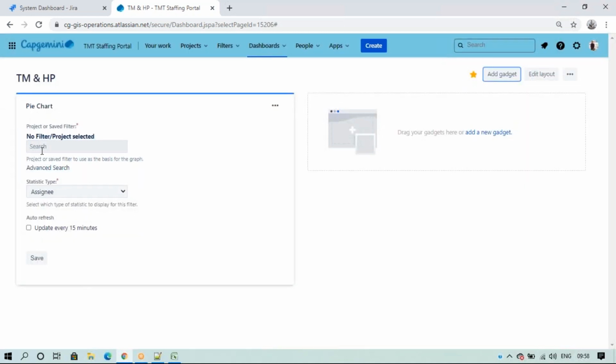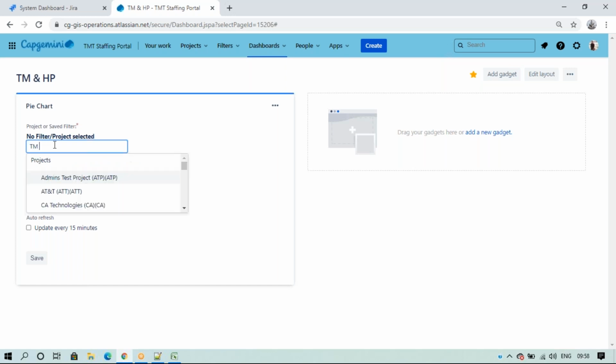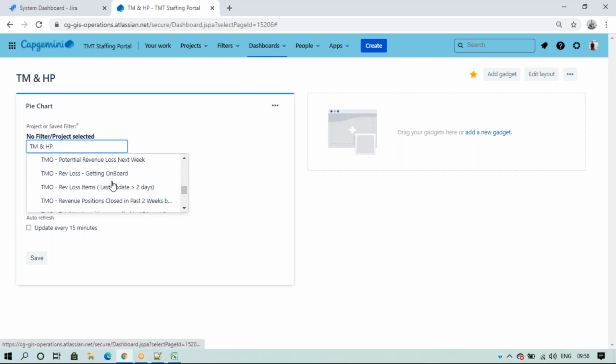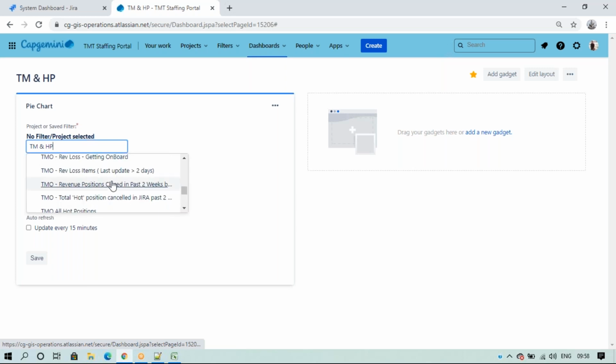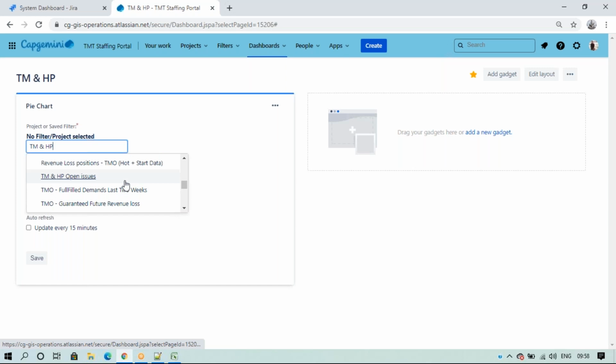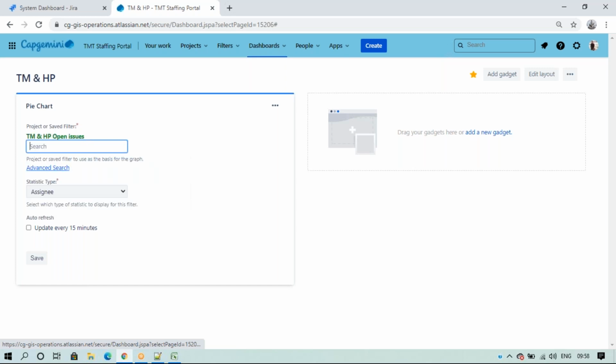Here it is asking us to select the filter. What is the filter name? TM and HP open issues.